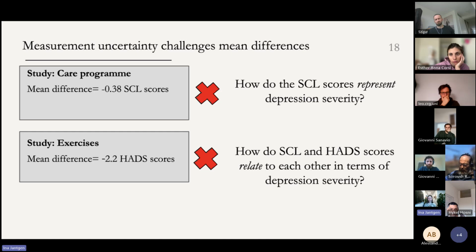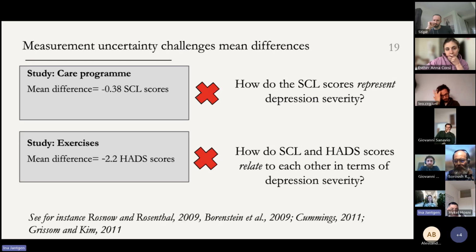This latter comparative problem is quite prevalent in the context of conducting meta-analysis. So when you're trying to take evidence from different studies and combine that evidence, but the different studies measured presumably the same outcome of interest on different scales. So in short, researchers may be uncertain how to interpret and compare mean differences. And both of these concerns are frequently expressed in the statistical and methodological literature. But they're typically not explained in more detail.